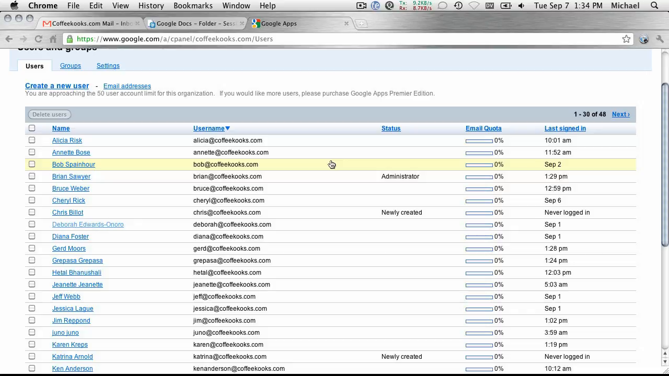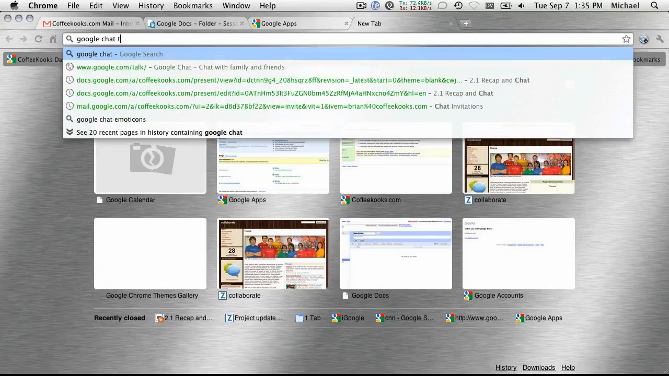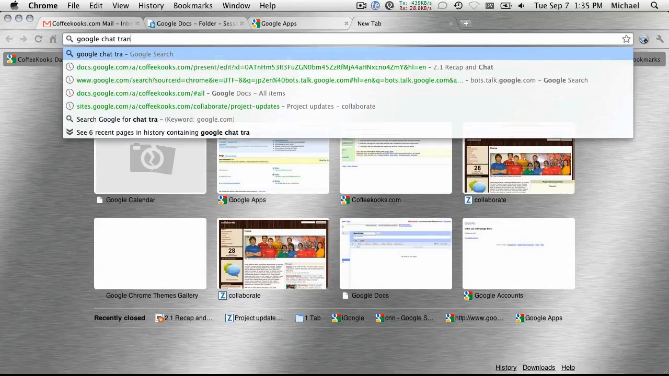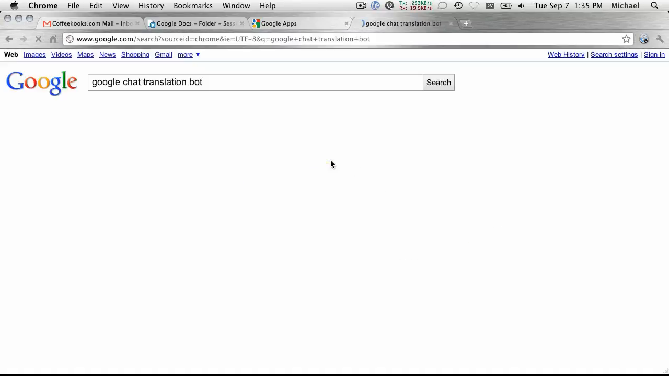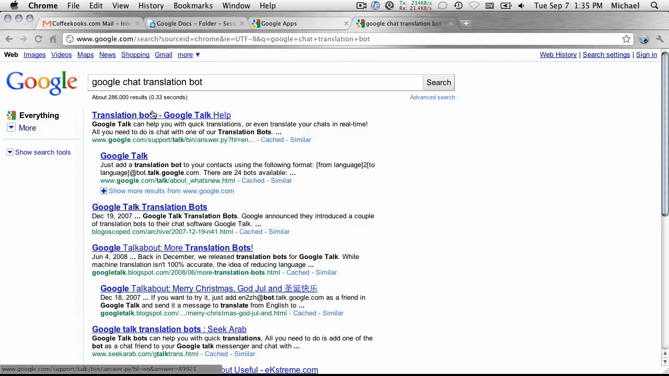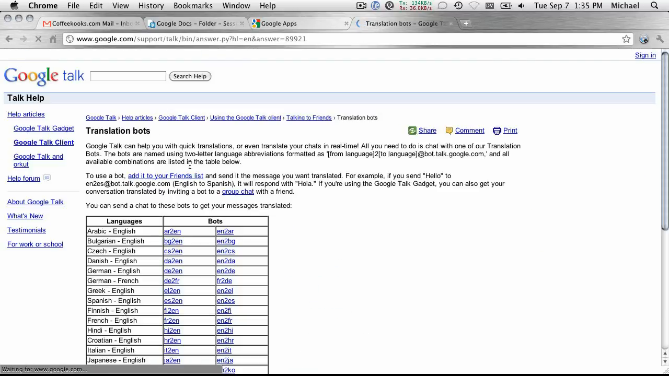So I have one question here. Yeah, please go ahead. How do you find chatbots if you don't know the name of a chatbot? Well, you have two options. One of them is to look at the downloadable handout, and I've got a link there for it. But you could also just type in Google Chat Translation Bot, and hopefully it'll take us right there. So yeah, if I just go to Google Chat Translation Bot, it'll take me right there,